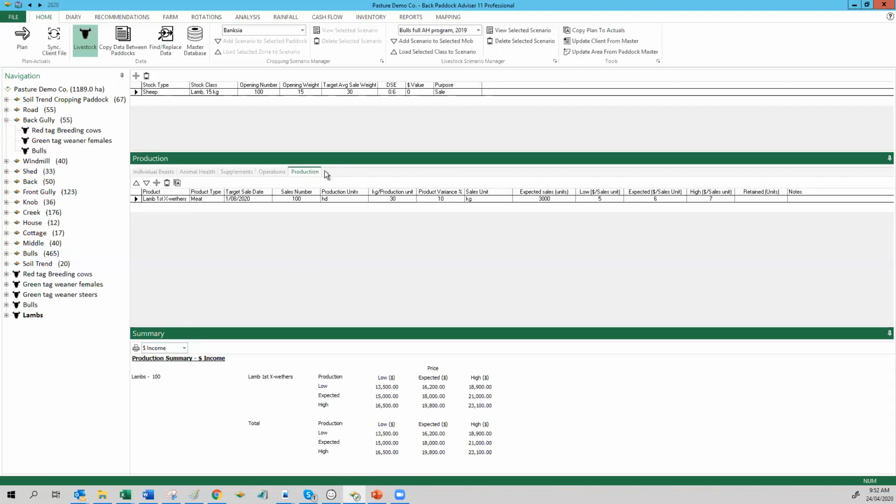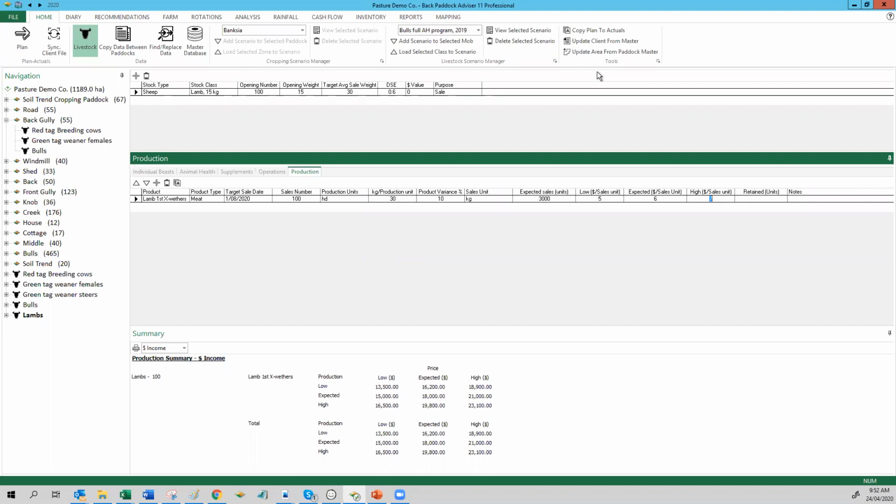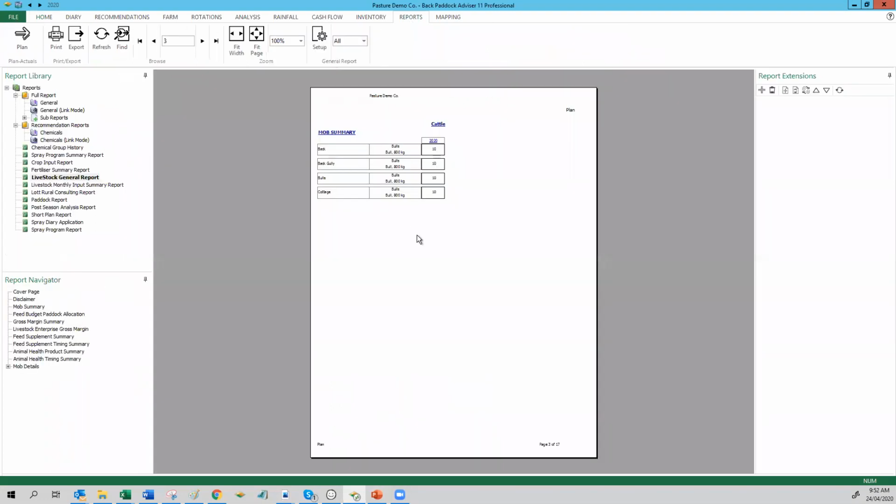You'll notice there isn't a gross margins tab on here or a cash flow or an analysis tab. They're still yet to come, but they are in the process of evaluation. So once you've done that, then you've got the ability to actually print out. Once you've completed that, we have a report structure in here that can provide the same sort of details as we can for